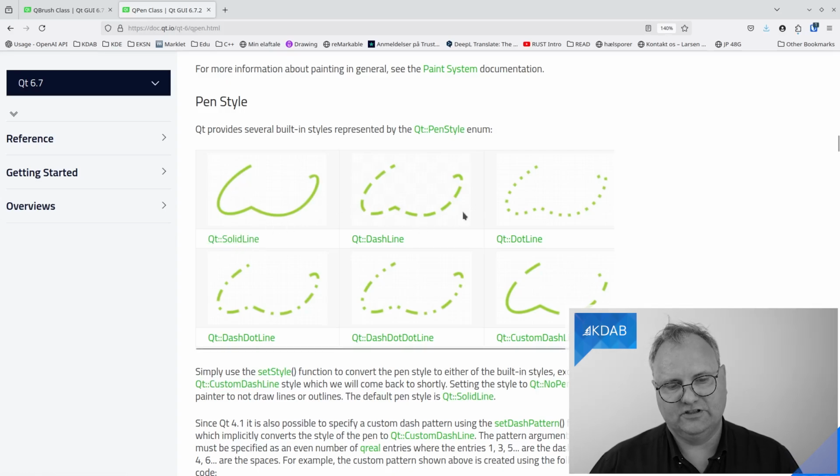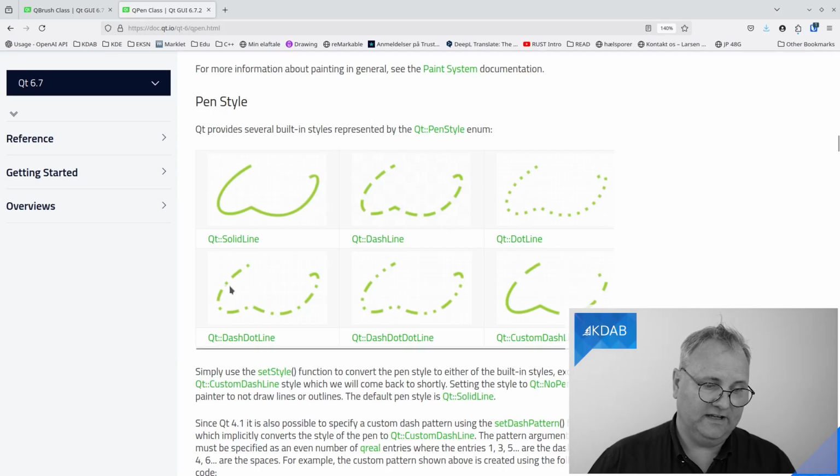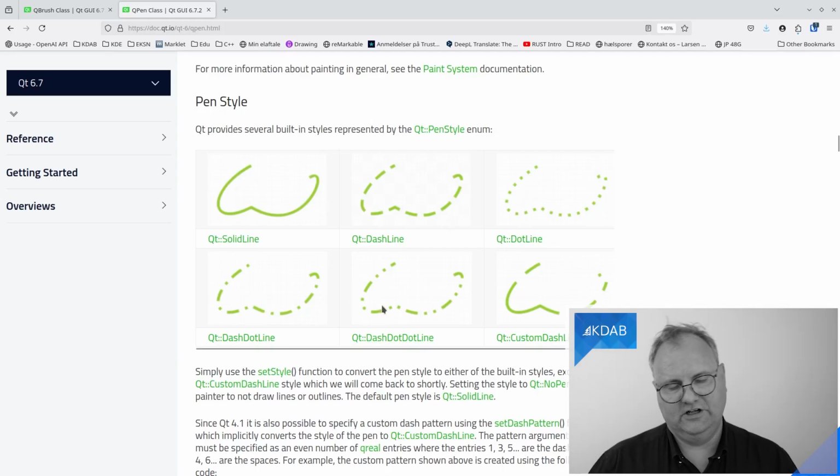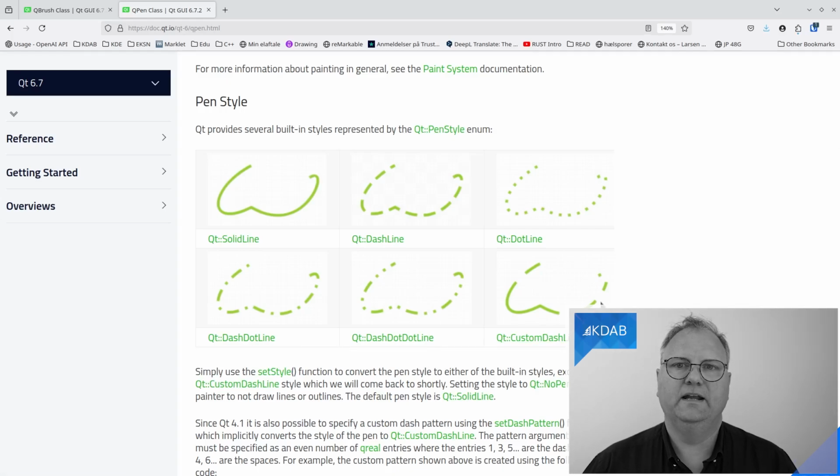Then there is a dashed line here, dotted line, dash dot, hence the name, dash dot dot. That's not SOS, but could have been. And a custom dash line. That's news to me actually. I didn't know that you could do that. I have never had the need for a custom dash, but now I know that you can.